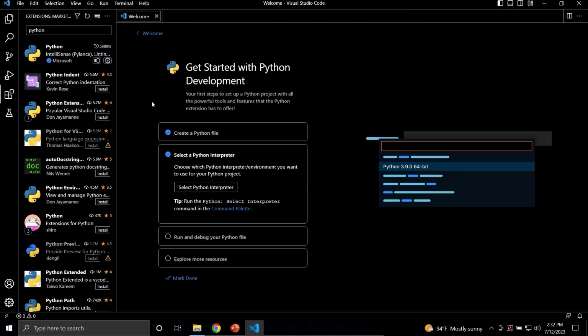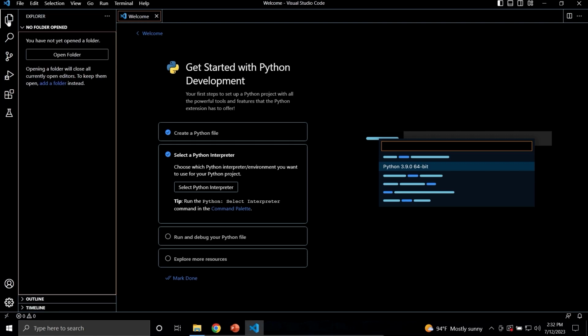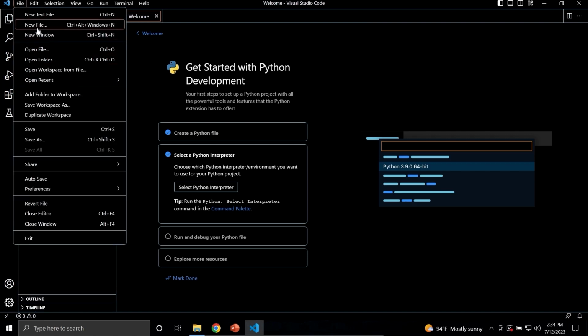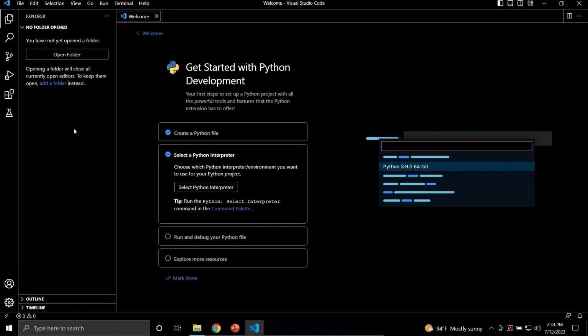So let's go ahead and create our first Python program. Over here in the top left corner, click on the Explorer tab. You could do File, New File, and create a single Python file, but I prefer to do an open folder. That way there I can create new Python files or switch between files very easily. It also allows me to trust any Python file that is in that folder so that I don't have any issues running them. So click Open Folder